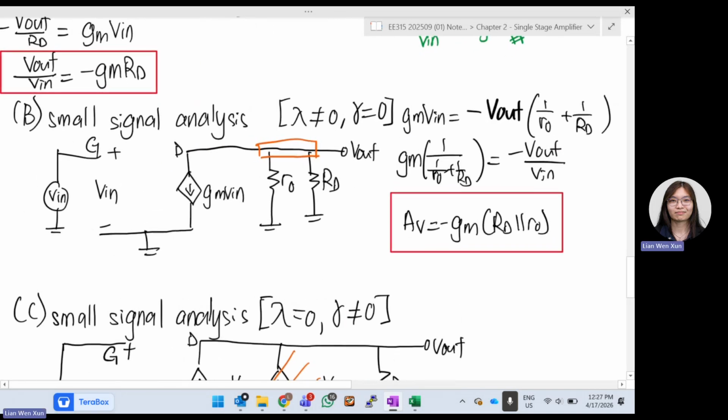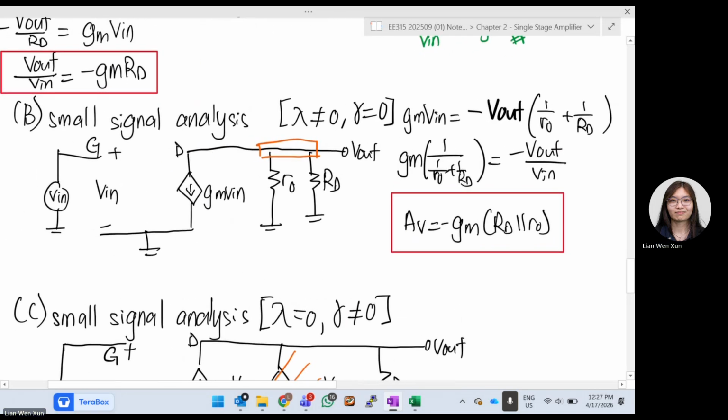Okay, the second one. What if I say now there is channel length modulation? What if I say there's channel length modulation now? Then what will happen? Okay, so when we mention there's channel length modulation,